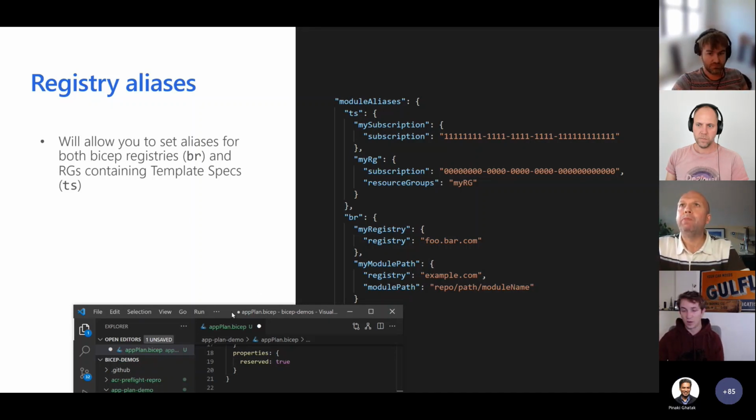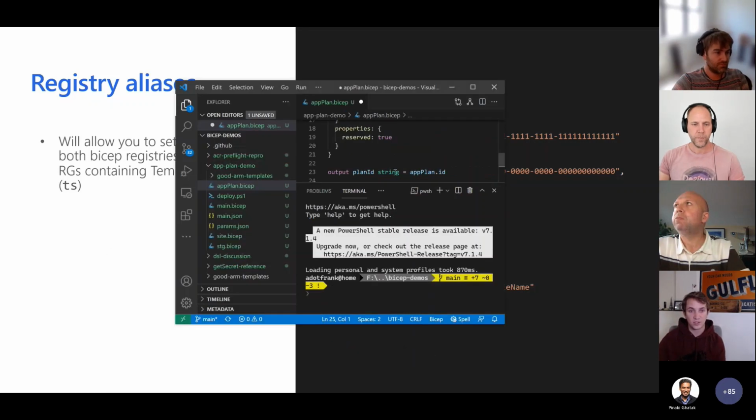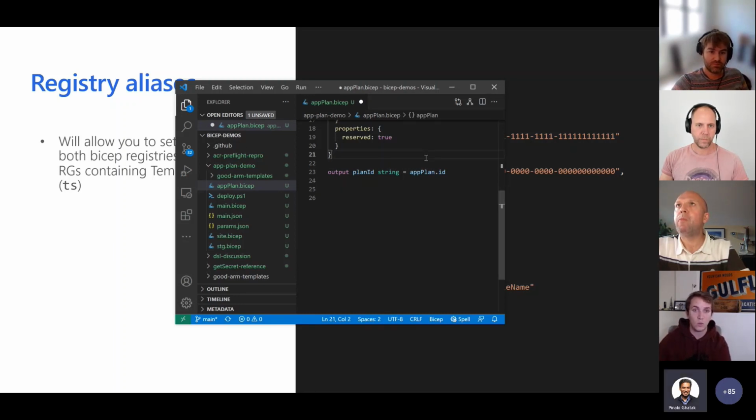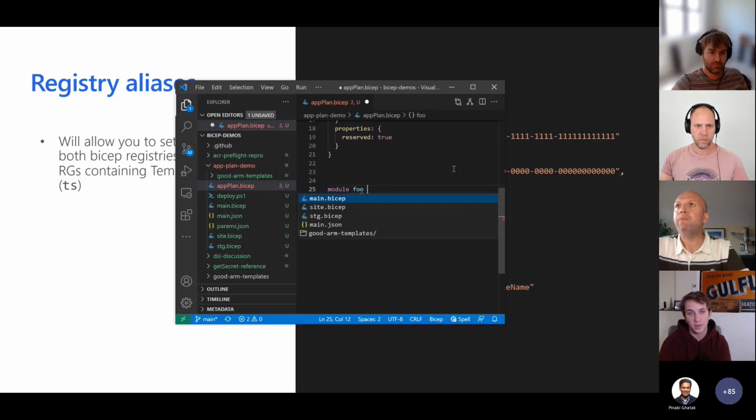Okay, cool. Just for completeness, let me share what the module reference with an alias is going to look like. So it'll be something like br/aliasName, and then colon, I believe, and then module name, colon, version.